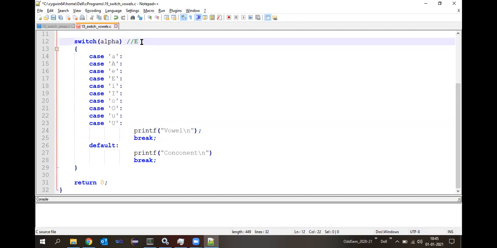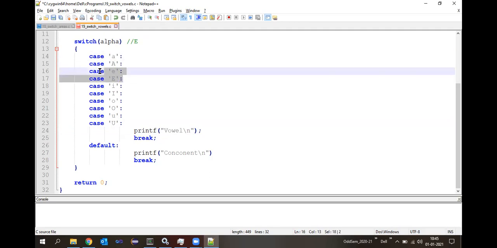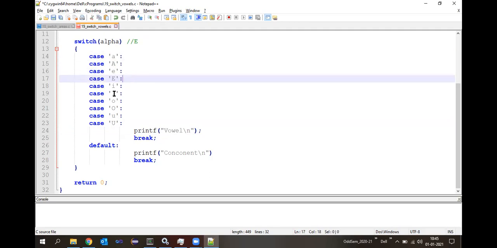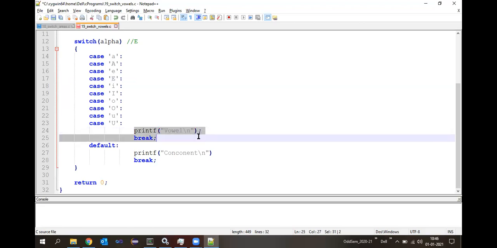Like that, if I enter the alphabets like A to U, whether lowercase or uppercase, because we have handled both of them: lowercase a, uppercase A, lowercase e, uppercase E. Like that, for each of the alphabets, we have handled the lowercase as well as uppercase. If any of these alphabets is entered, it is going to fall into the corresponding case and then execute this printf statement, wherein it will display vowel and then break.